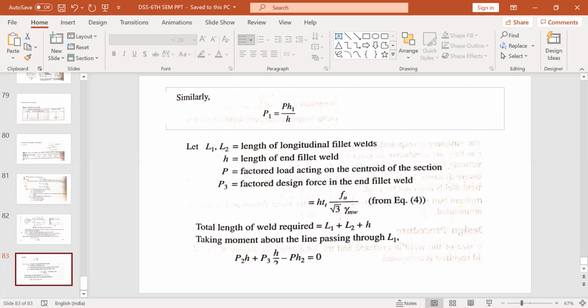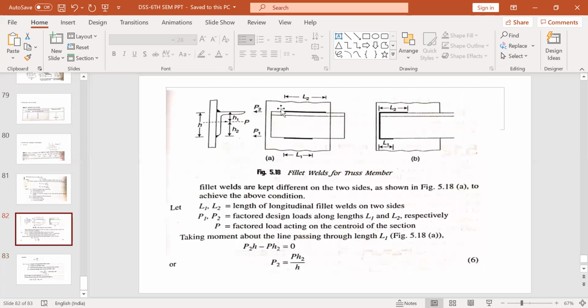Another topic is some welds which are called intermediate welds. When we do welding, there is a continuous stretch of weld when you run the electrode. Intermediate means you do welding L1, then you leave a gap, then L2, then leave a gap, then L3, then leave a gap. So there is discontinuity in the length of the weld. This is called intermediate weld. Remember, intermediate weld is used in stiffeners. When you study bridges and plate girders and how stiffeners are made, when stiffeners are connected to plate girders, intermediate welds are used.